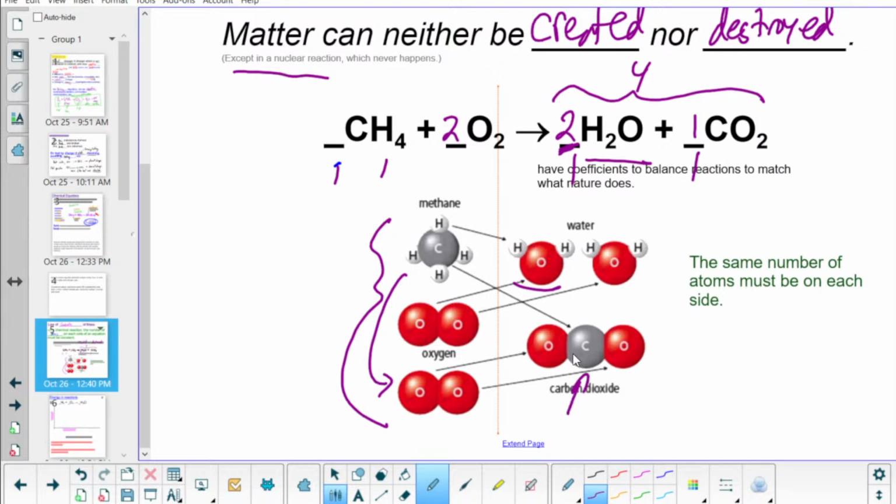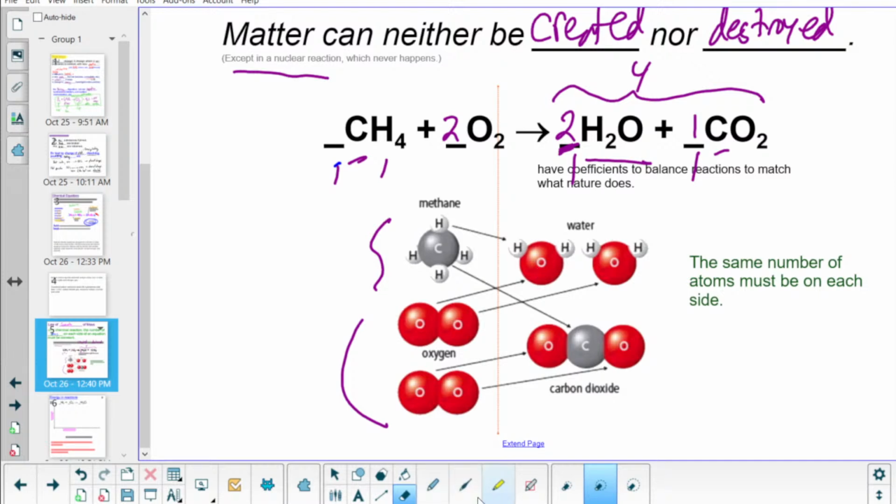Every single element has to be accounted for. So we can see here physically, there's 1 carbon on both sides because that carbon had to go somewhere. If it had 4 hydrogens that react, we needed 2 oxygens to fully react them all in. So of course we get 2 H2Os. If we were doing it and seeing the atoms move, we're getting closer to the true explanation of what's happening. Balancing allows us to predict that, and it's the reason we do it. It also allows us to predict things.